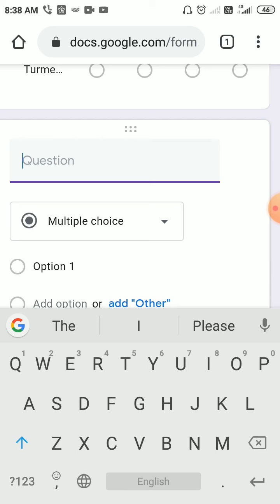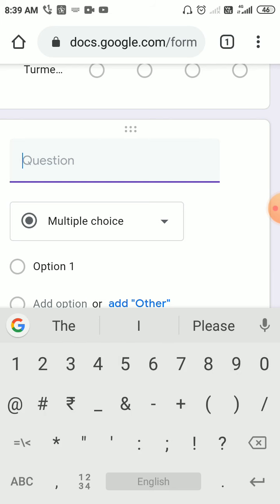If you are making the Google form question paper from your mobile, you must have that image in your mobile itself. And if you are using a laptop or computer to make this Google form, you need to save that image in your laptop. Okay, so let me give the third question here.